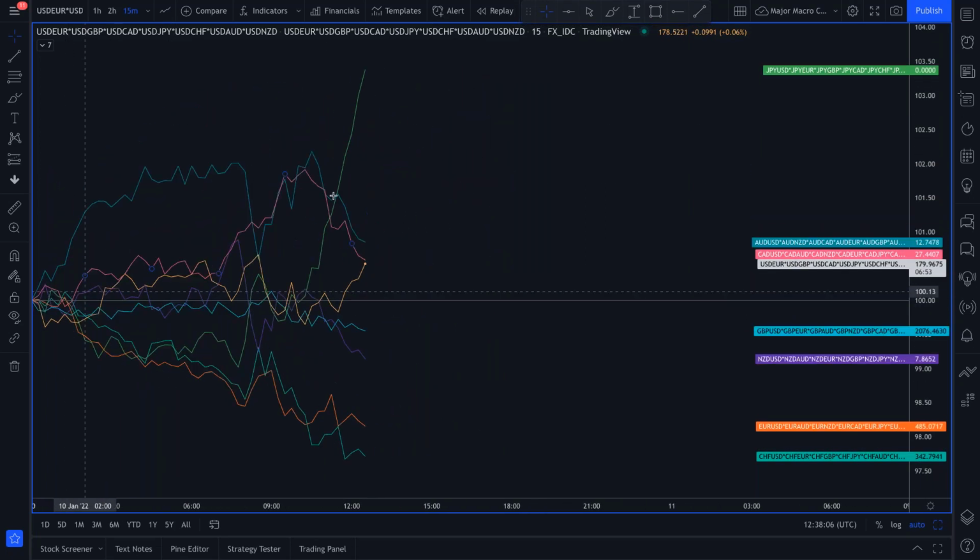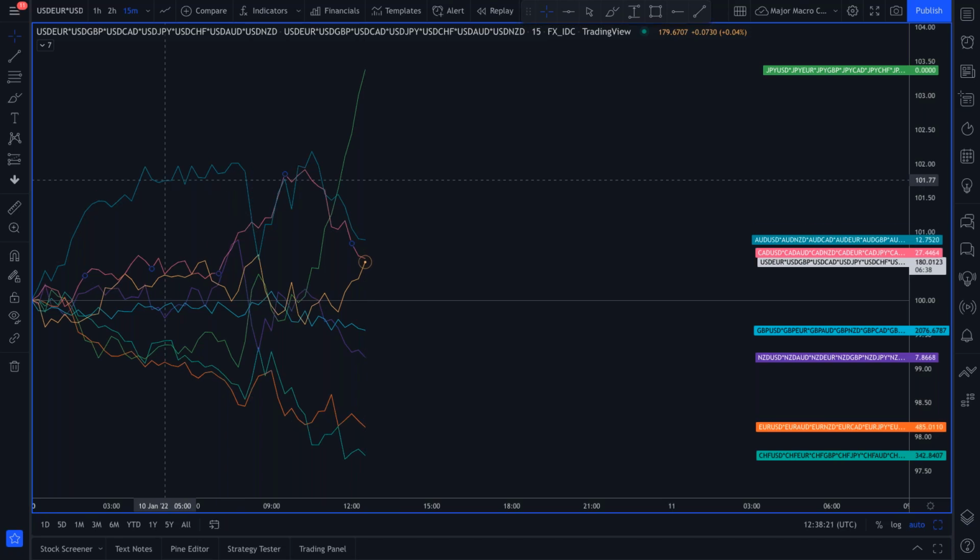You can just suddenly see the yen has been gaining in strength, by minute essentially. See, yen strongest, Swiss franc weakest. Now the Aussie, CAD, New Zealand dollar started off the session quite strong. You can see where the Aussie was strong alongside the CAD, strong alongside the New Zealand dollar.